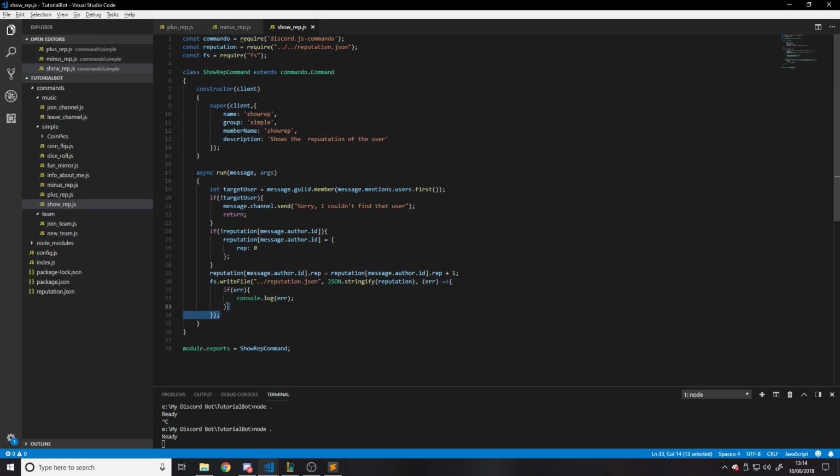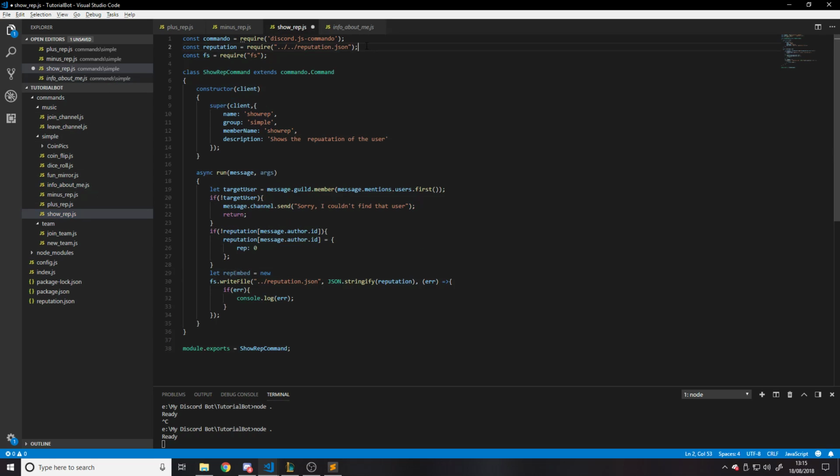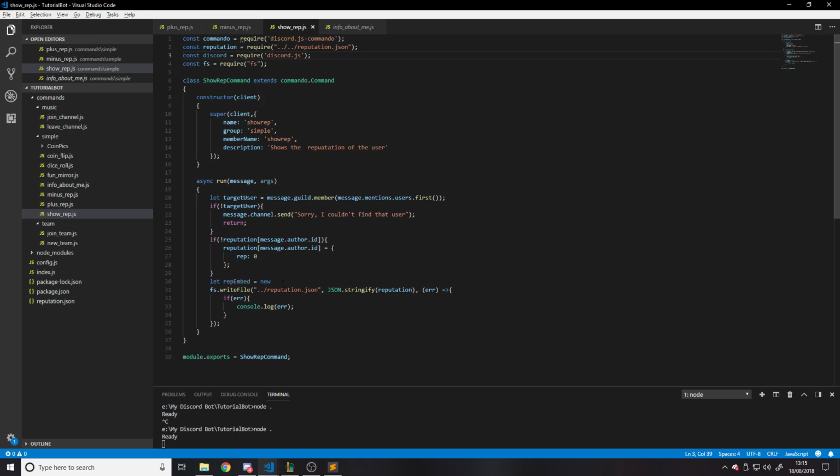And then once we've done that, instead of doing anything to it, we want to say let rep embed equal new Discord dot... one sec. Do I not actually use embeds in any of my other things? Oh, I do. Yeah, I just have to bring in the Discord library because it's not actually in Commando. So for show rep, just bring in the Discord library as well. So it's a new Discord dot rich embed, and then